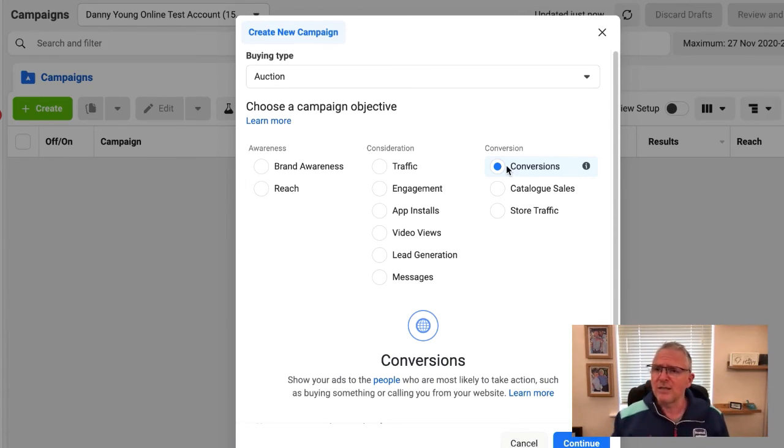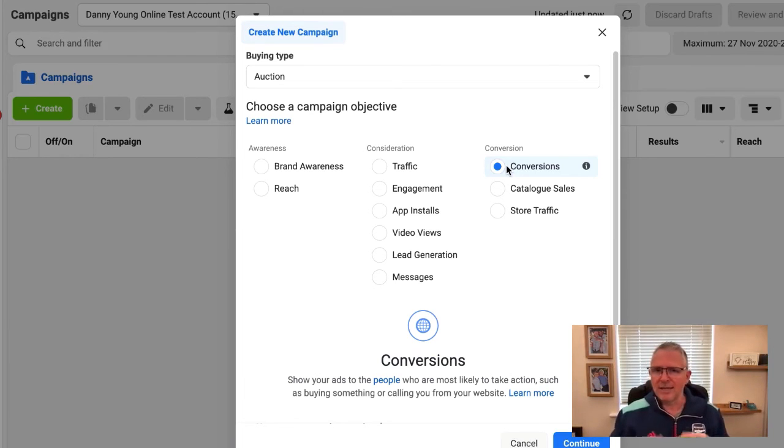But the conversions objective works, is exactly what you'd want to use there. So if you're promoting a lead magnet, you would generally be running those ads to cold traffic because you want to build your email list with people that don't know about you. So that's a great example of where the conversions objective can sit at the top of the funnel for cold traffic. Now, I wouldn't recommend using a conversions objective ad at the top of the funnel to drive sales, unless